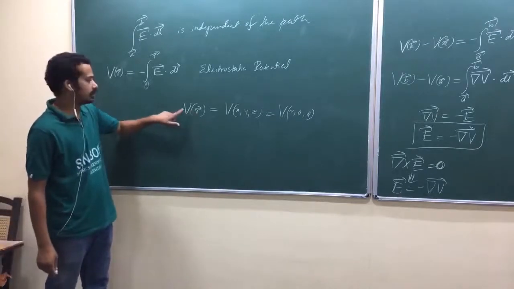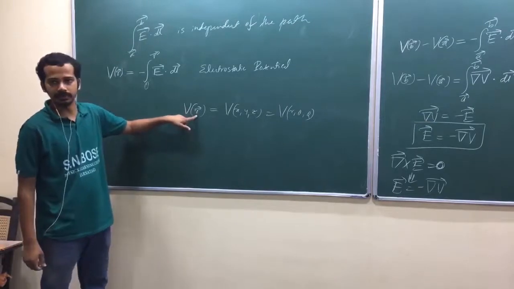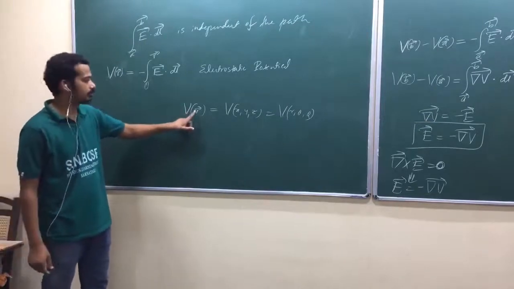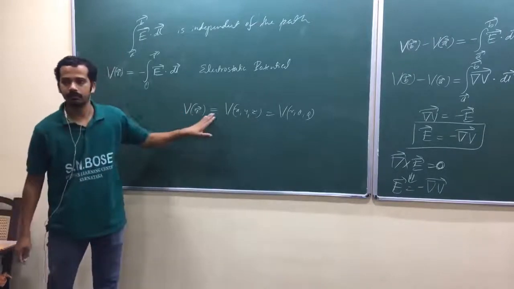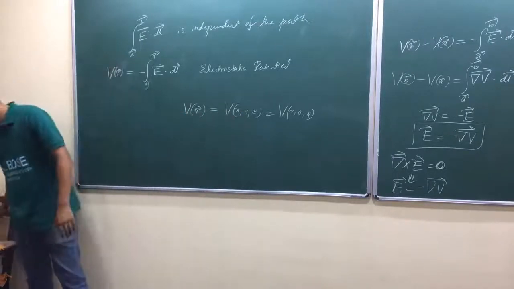Okay. So any scalar is a function of r vector. What do you mean by that one? It's a function of position in space. That is the meaning, so that we don't get confused with this r vector. Okay. It's a scalar only. It means this one. This means this one. Point in space. Yeah.